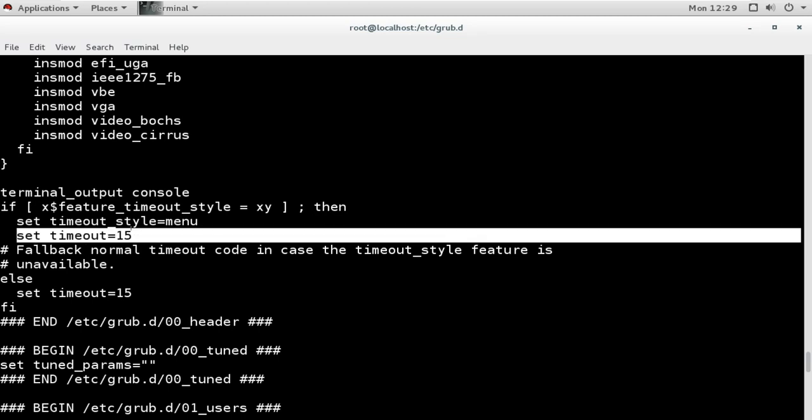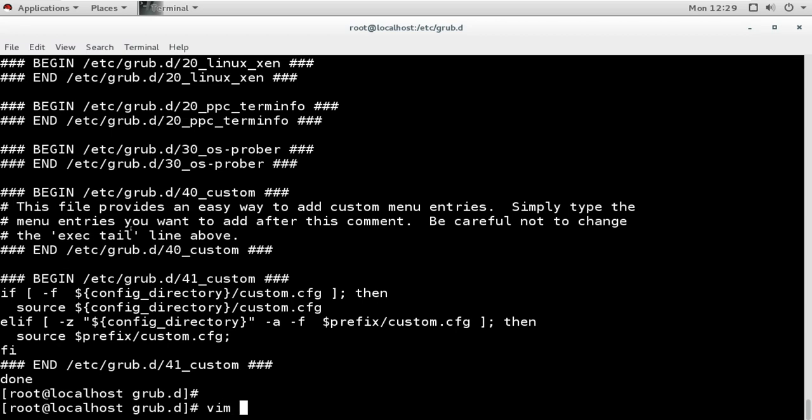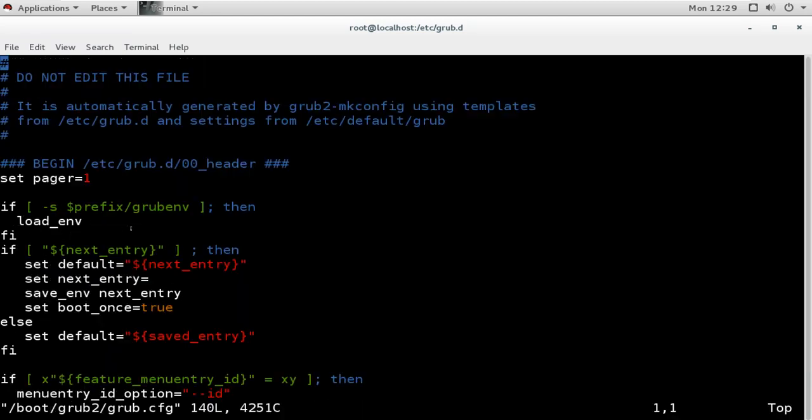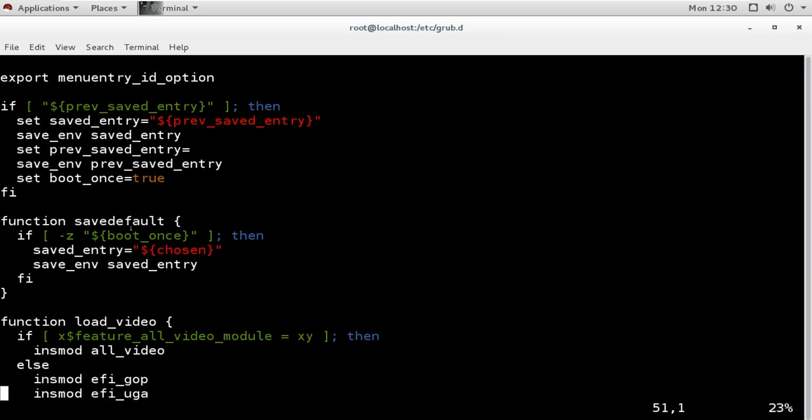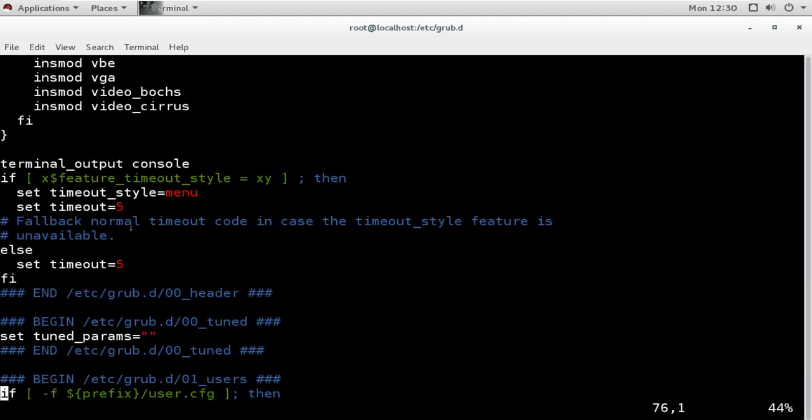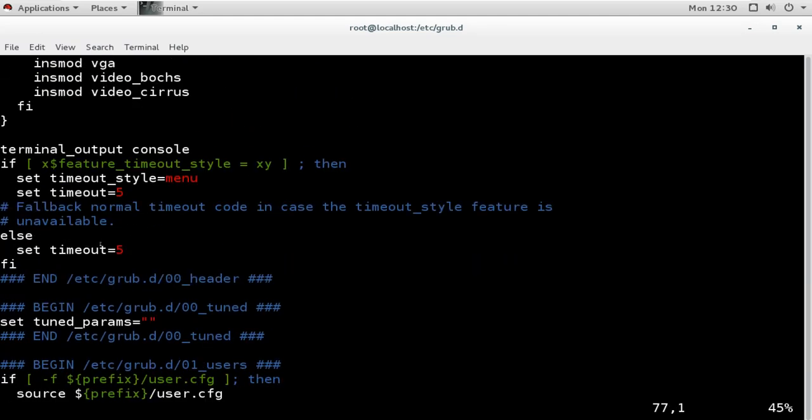But if I check the main configuration file, which is under boot grub2 grub.cfg, it will still say 5 seconds.